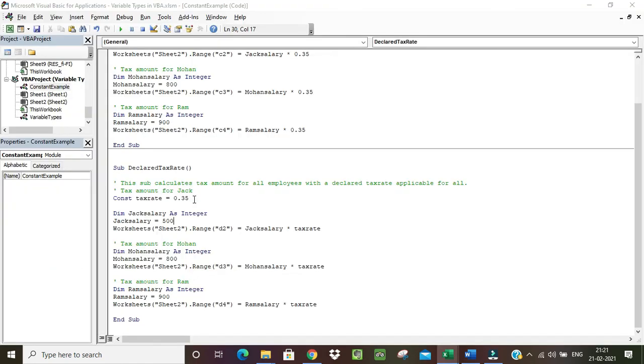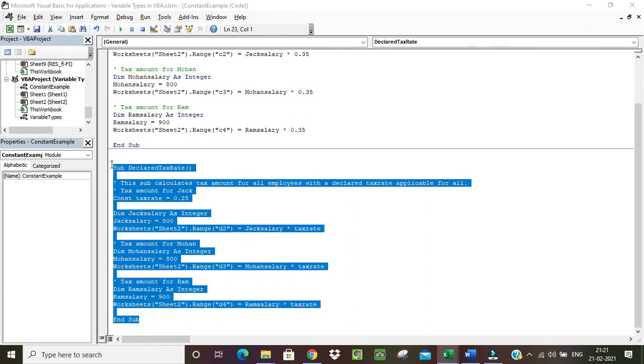To see the beauty of the ability to declare a constant, we will simply change this to, let's say, 25. Let's give them some tax rebates. Right now I just need to make the change here. I do not have to make changes here. I'll simply run this.